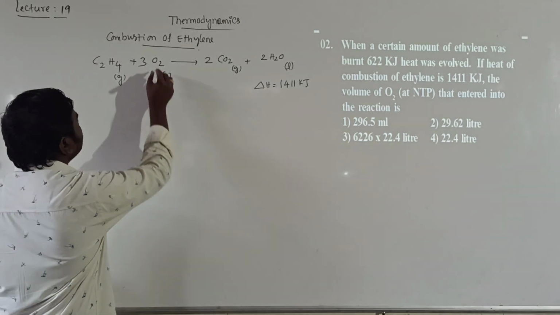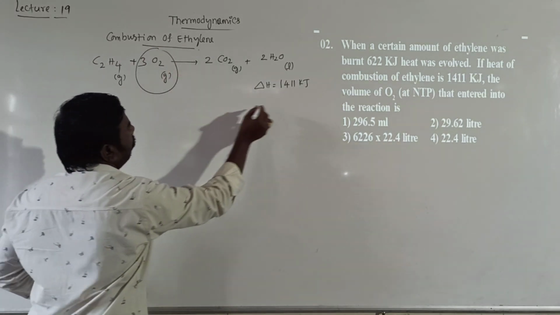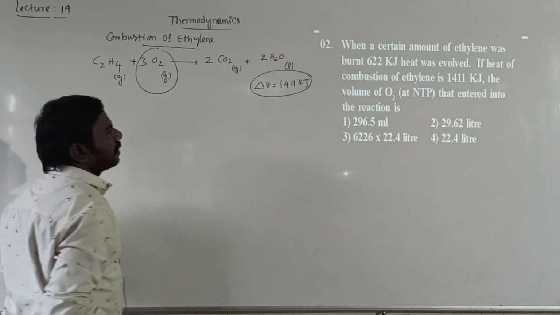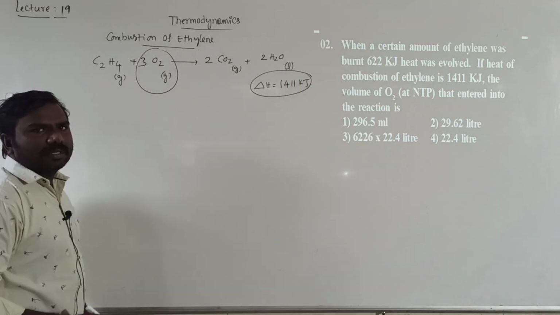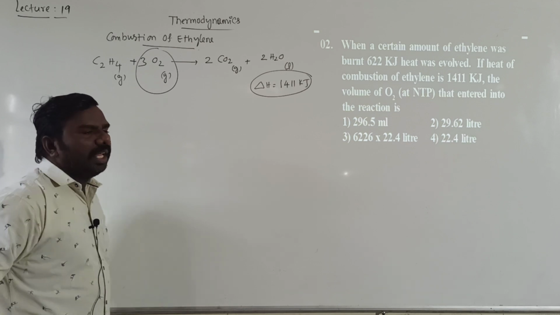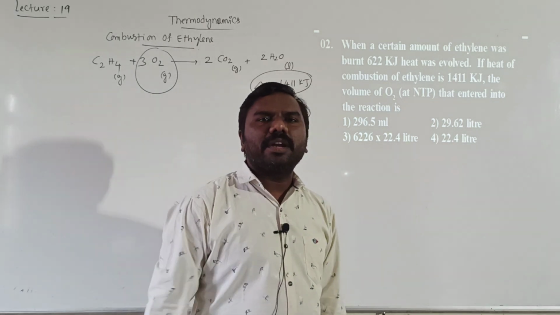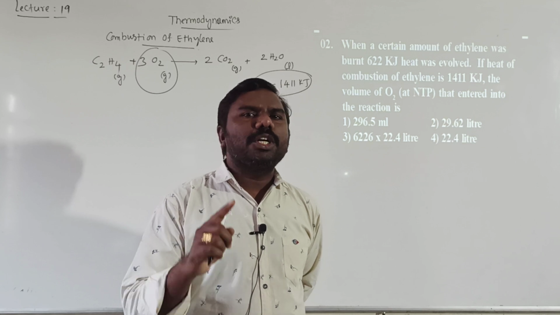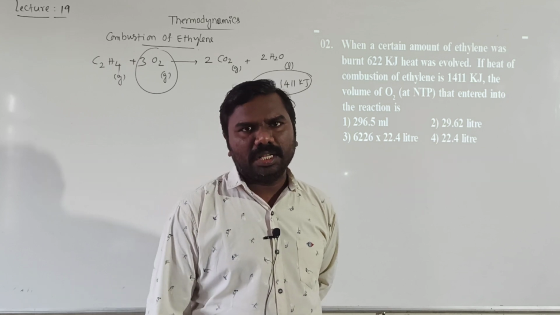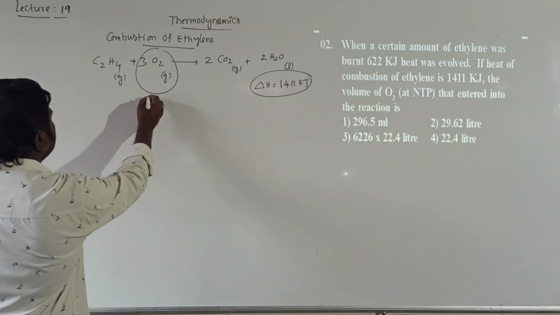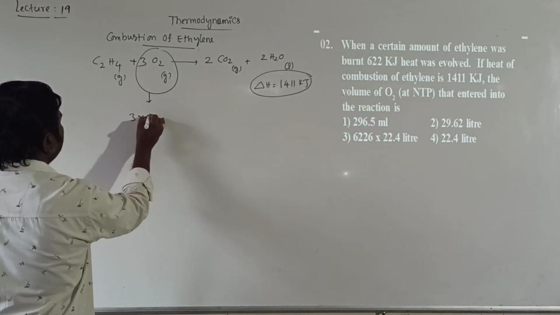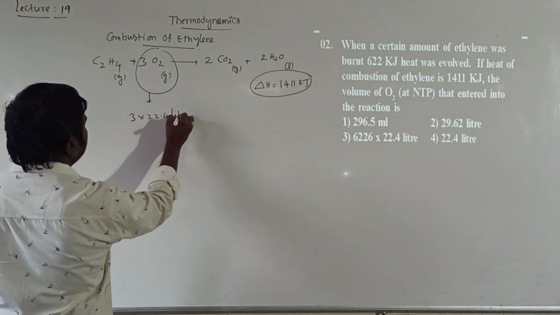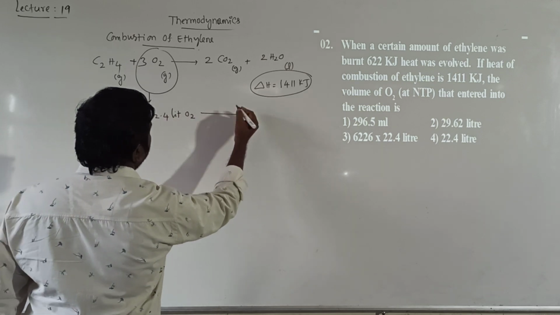You just observe, these are 3 moles. For 3 moles, this much of energy. 3 moles means, 1 mole of any gas can occupy 22.4 liters, so 3 moles means 3 into 22.4 liters. Getting, students? So now, this 3 into 22.4 liters of oxygen can liberate